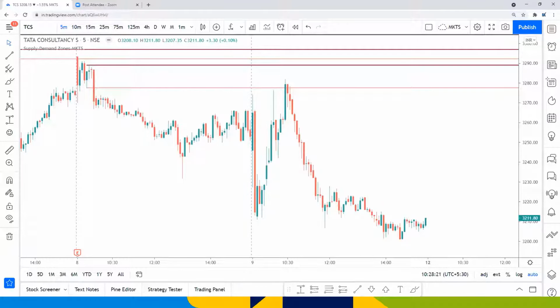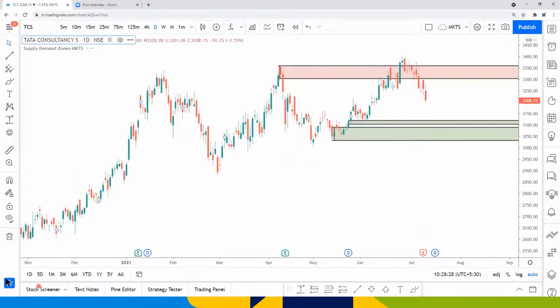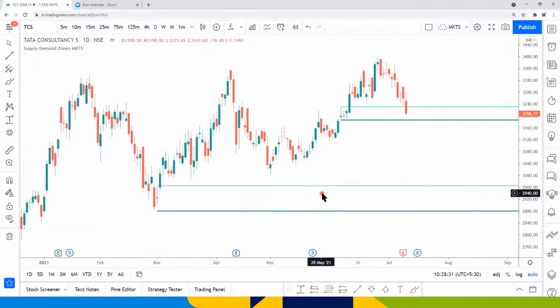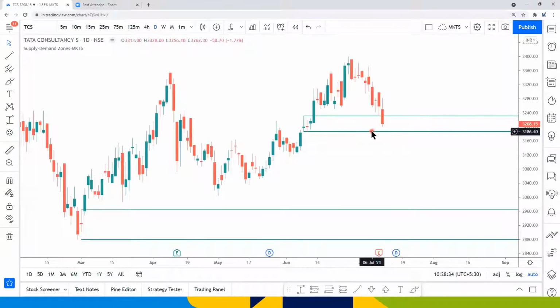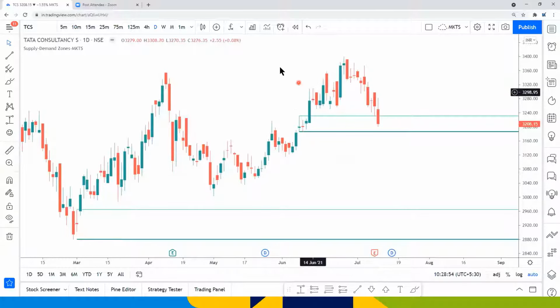Now let me show the alert channel. Here also on the chart, you can set the alerts. Currently, is TCS in a daily demand zone? It has plotted a daily demand zone. Whether it is tradable or not, you need to understand the supply demand trading strategy, all your 7-step process, and then decide. So from the indicator, how do you set the alerts?